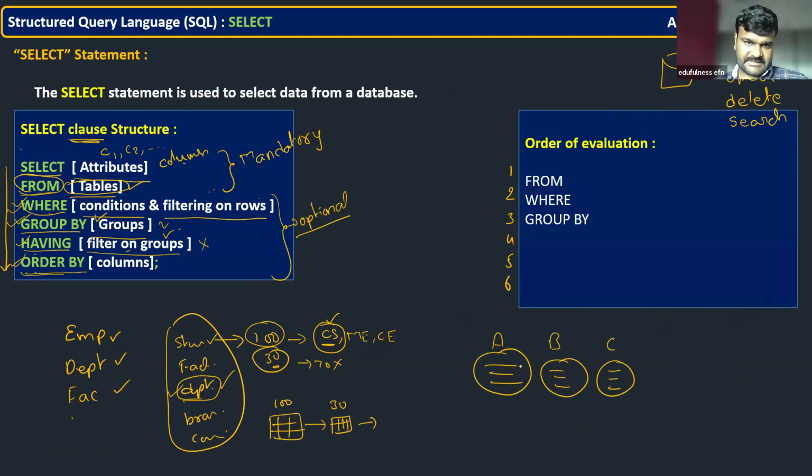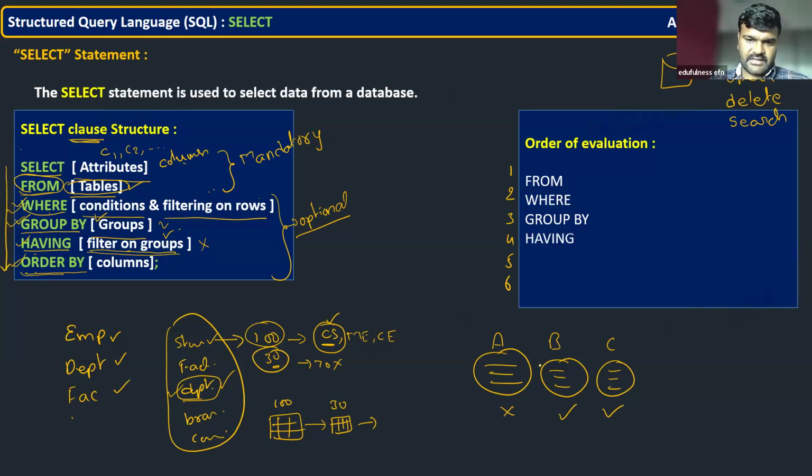Then next what? Having. Having is going to execute immediately, because you are filtering which group you need in the output and which group you don't need in the output. So here also you are writing a condition, but ultimately what it is doing is filtering the groups. After forming the groups, it is filtering.